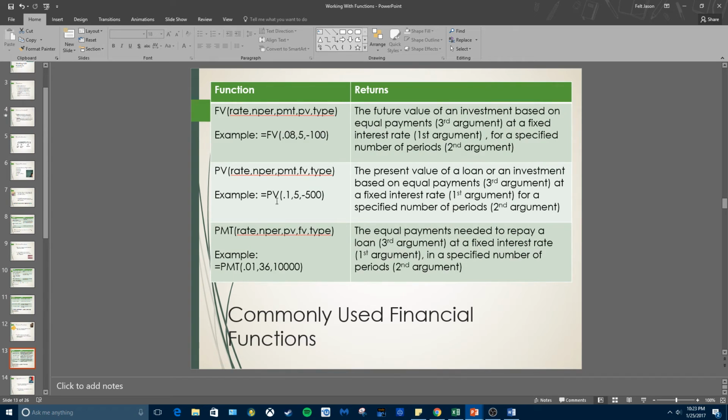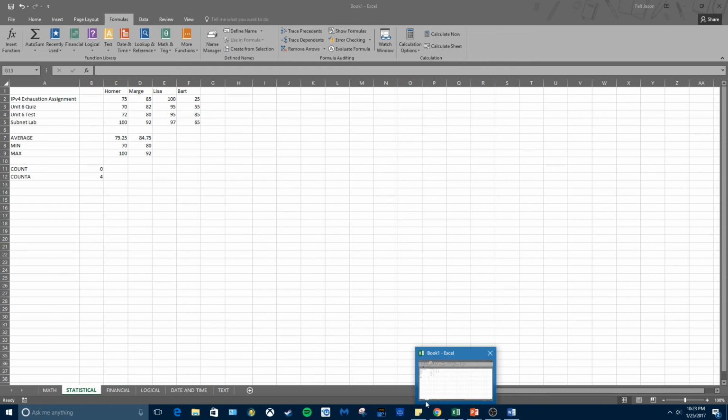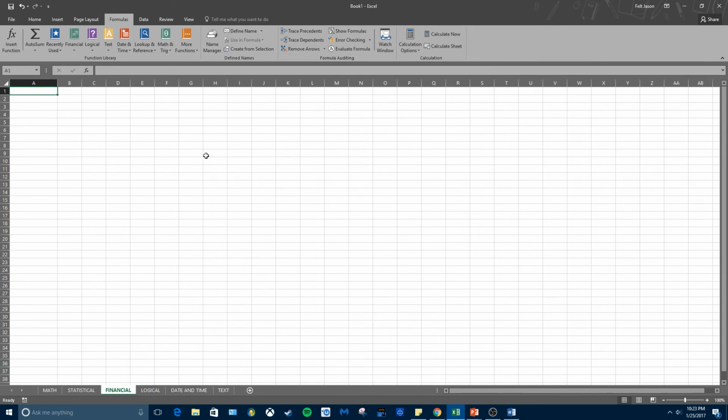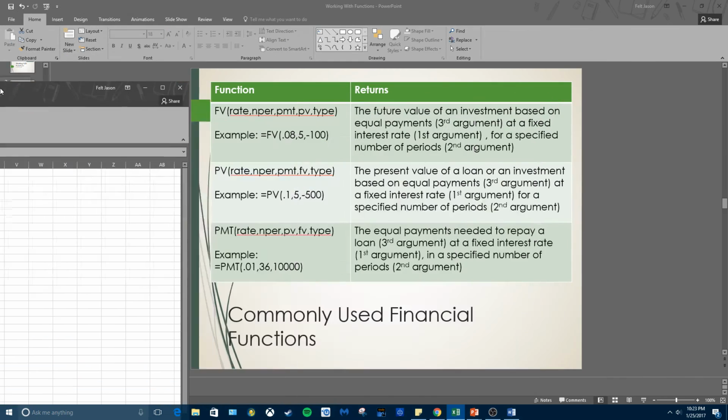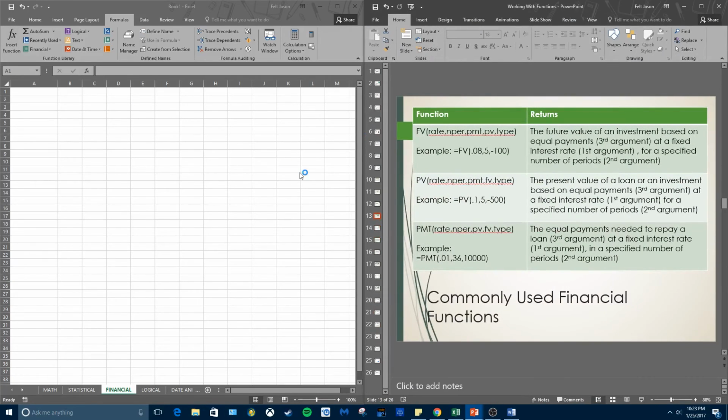Okay, so you got future value and present value. So if I want to put in an investment, okay, now I'm going to refer to this a little bit because I want to make sure I have this all right. Okay, so I want to invest in, I don't know, a retirement because I'm boring. All right, retirement. So the rate, my interest rate that I make,